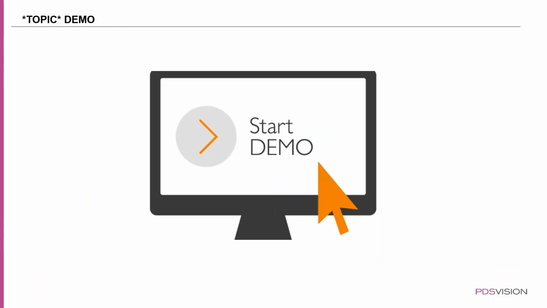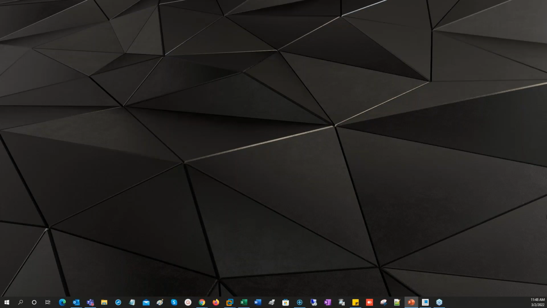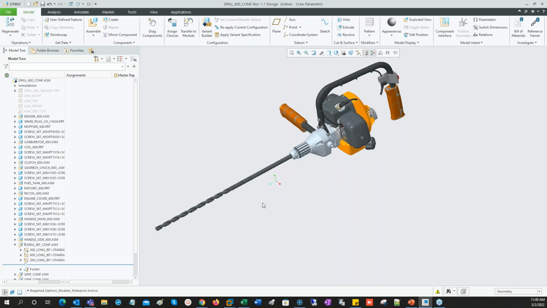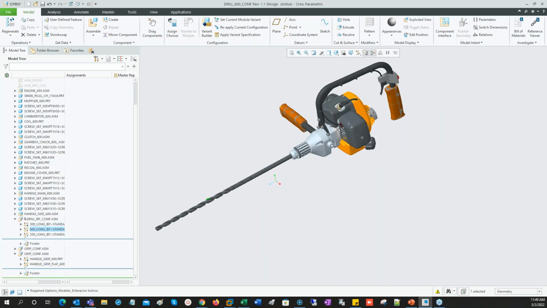Okay, so at this stage, I'm going to show you this in Windchill and Creo. I'll start off in Creo just to show you the module that we're working with. This is our overloaded bill of material that I've talked about. If you look at this drill bit here, you'll notice there's a couple of drill bit sizes on here. In fact, if I go and open this configuration,